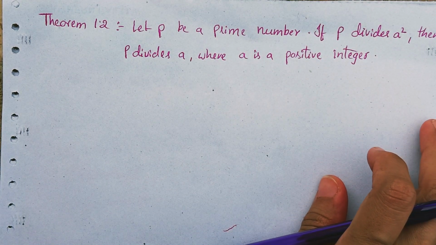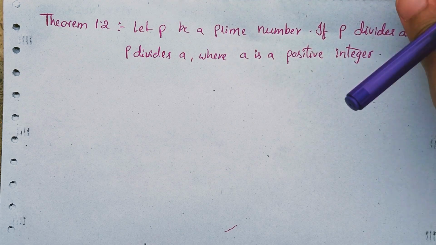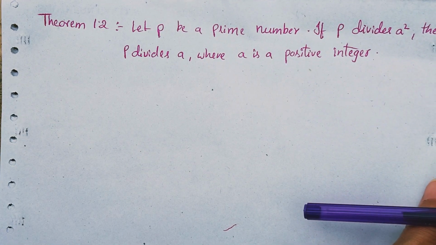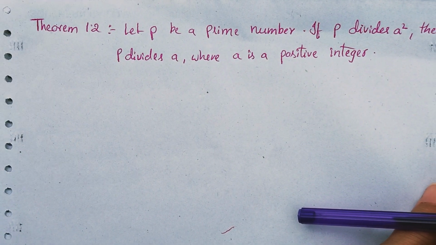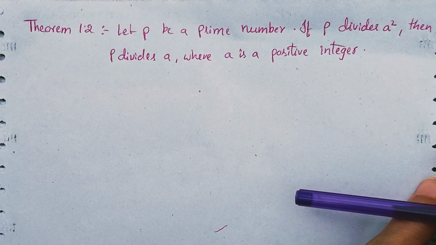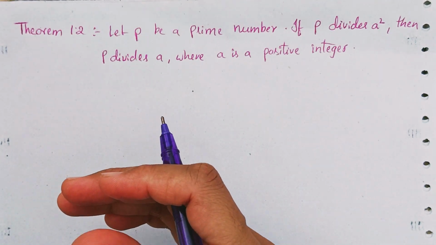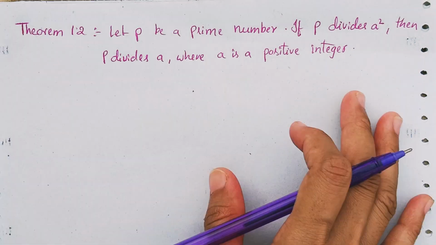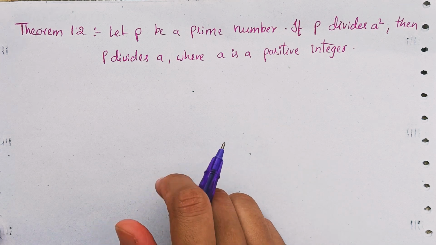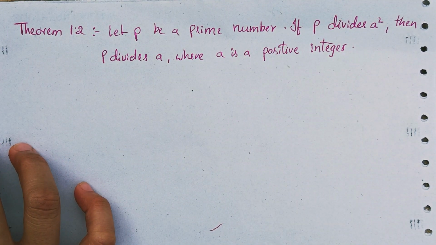So in this video we are going to discuss exercise 1.2 of 10th class, first chapter, Real Numbers. Already we have discussed the basic introduction part, exercise 1.1, theorems, example problems, everything else in the previous videos. If you didn't watch, go and watch that first. Now we are going to discuss exercise 1.2, and before that we have some theorems. Let us discuss that first, then we'll enter into exercise 1.2.